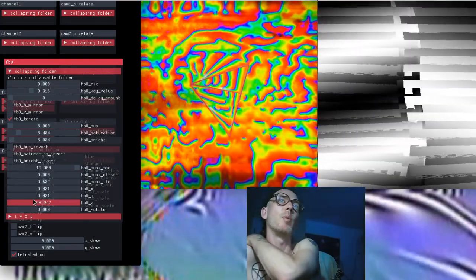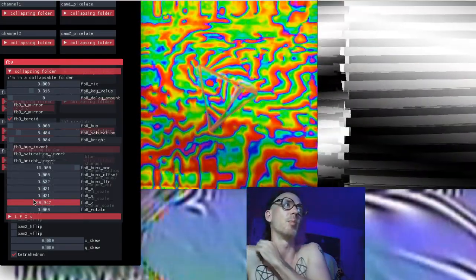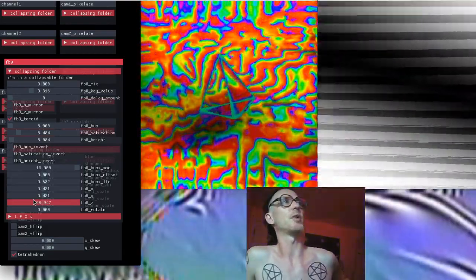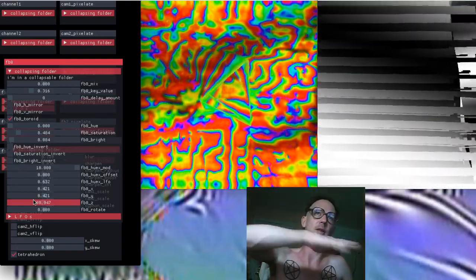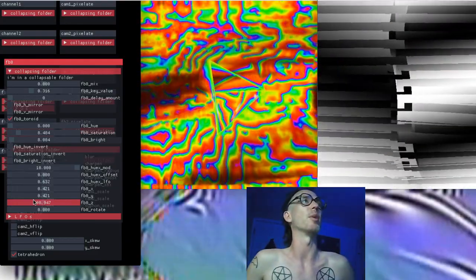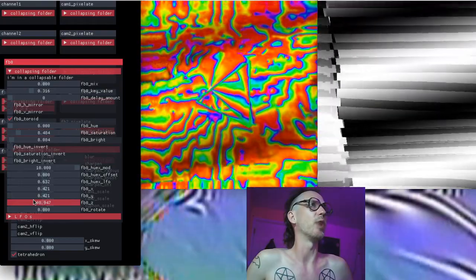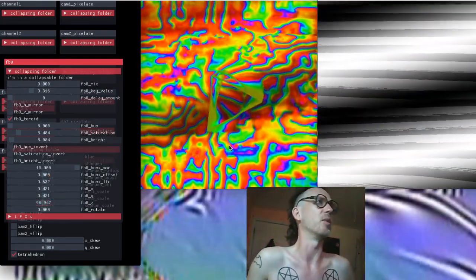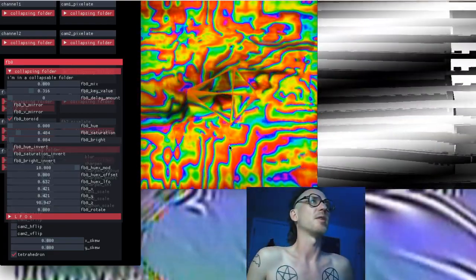Learning curve for openFrameworks is a little bit steep. Luckily, if you've ever learned Processing or are open to learning Processing, it's a pretty reasonable way to start: learn a bunch of Processing things, and then move over to openFrameworks. But you don't need to know anything about openFrameworks to actually run Video Waves. I just leave them in openFrameworks because it's easier for people to mess around and modify things